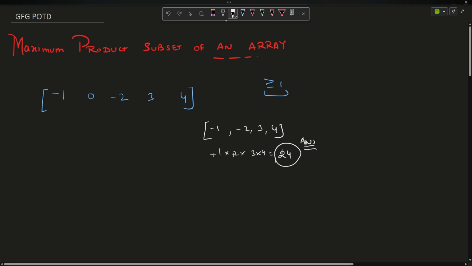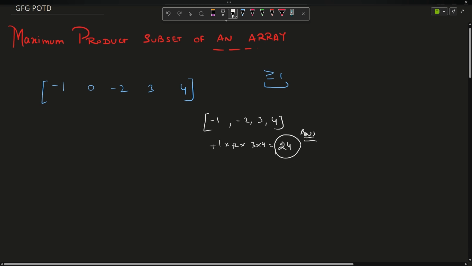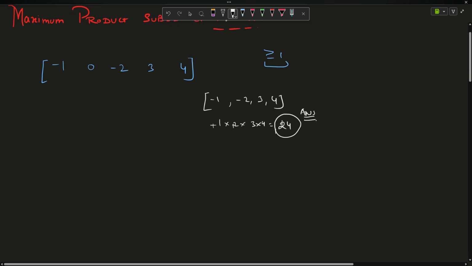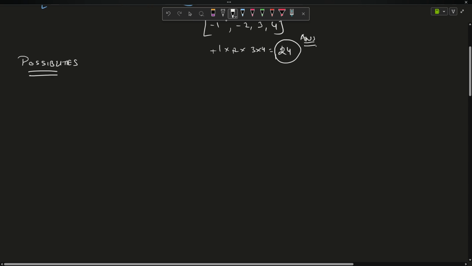Now how to reach this answer in every case? There can be multiple types of arrays in this question, and you have to discuss all the possibilities. There is no other way to solve this question. You have to think about the possibilities. How can you do that? You have to apply your mathematics mind here. So first point is